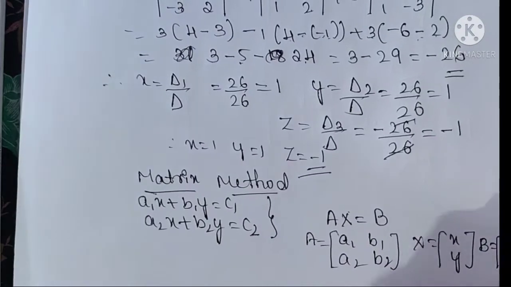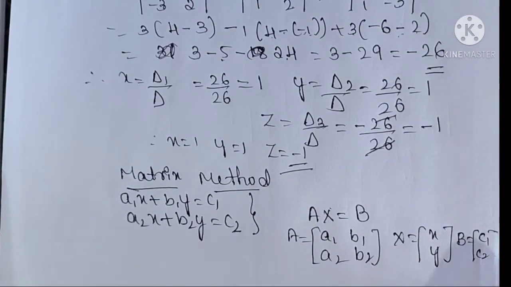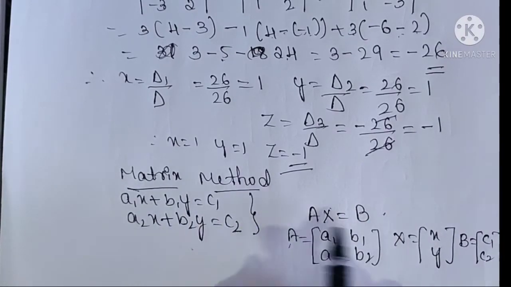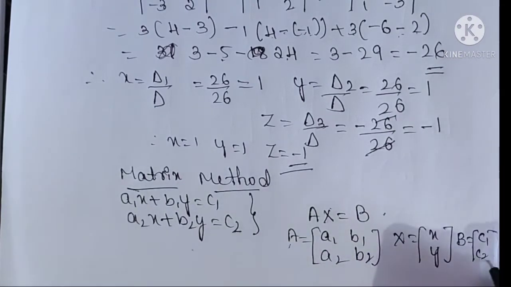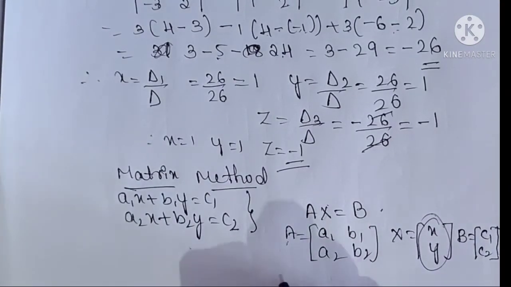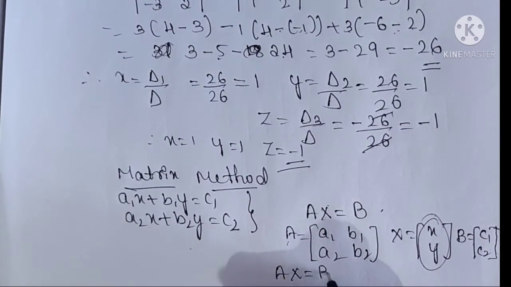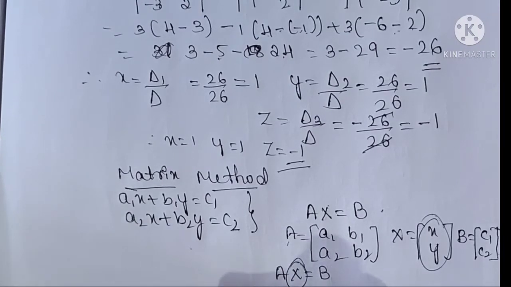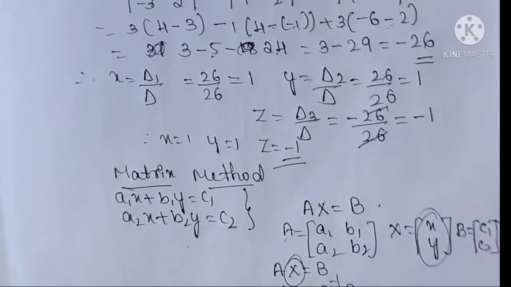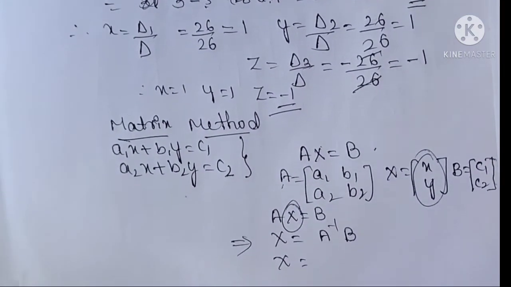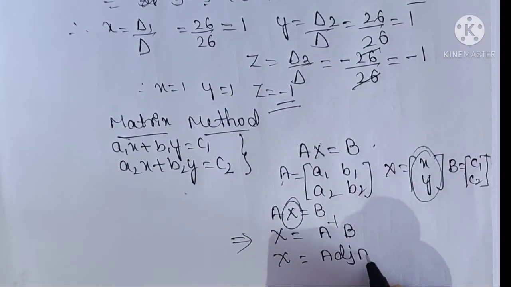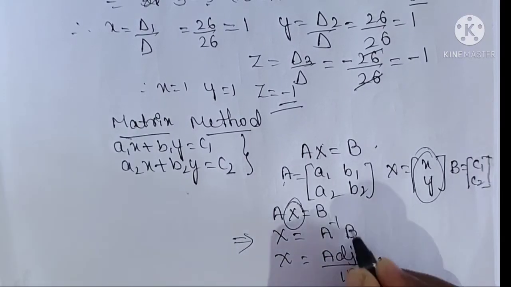First you have to consider the given system of equations to be of the form AX is equals to B, where A is the coefficients of the x and y variables, X is the variables, B is the constant values after equal. Here we have to find x and y. To find x and y, they have given AX is equals to B. Now here you simplify the X term. X is equals to A inverse into B. X as it is, A inverse X is equals to A inverse into B. X is equals to A inverse; the formula is adjoint of A divided by determinant of A, into B matrix as it is.